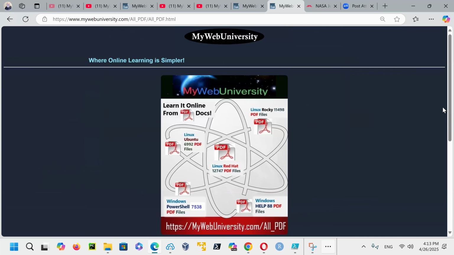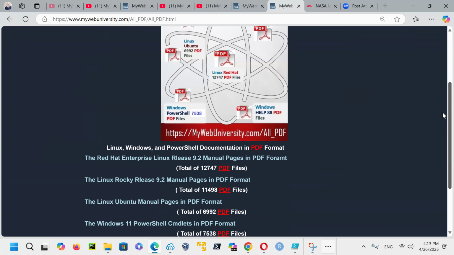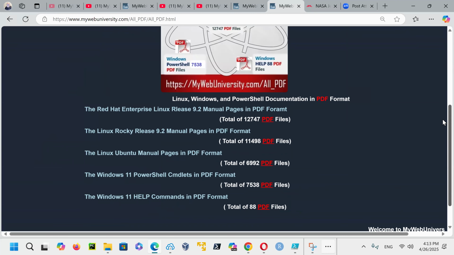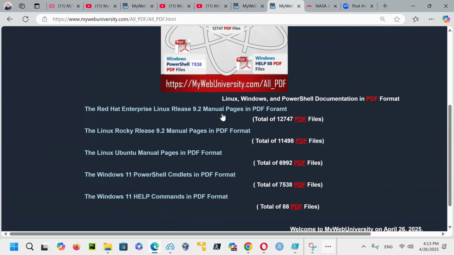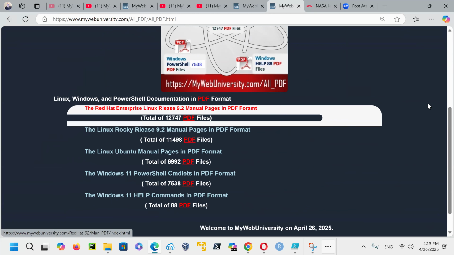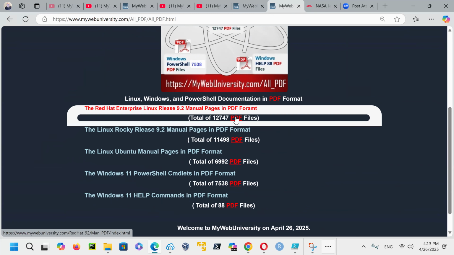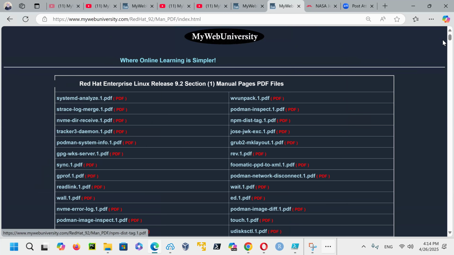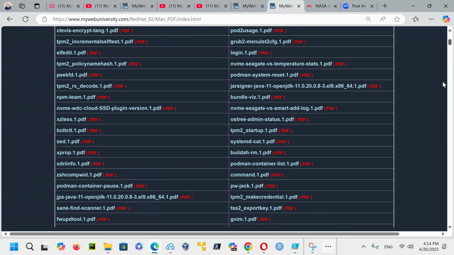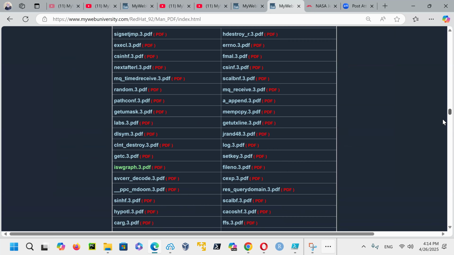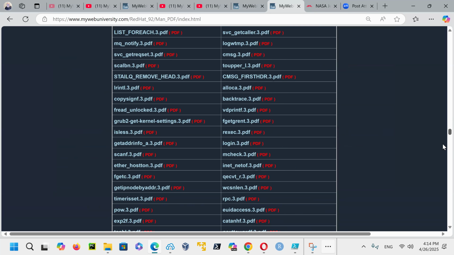You click on this one. Now I have about 36,000 or 40,000 PDF files just on this page. You can see there's 12,000 on the Red Hat. So when you click here, you get all the Red Hat documentation. And this was all in text format and not available on the internet.